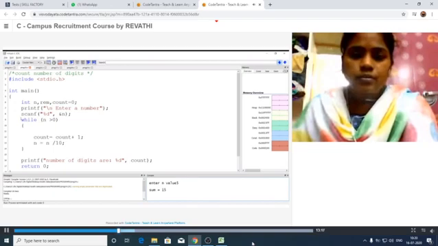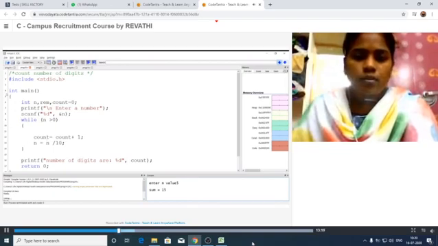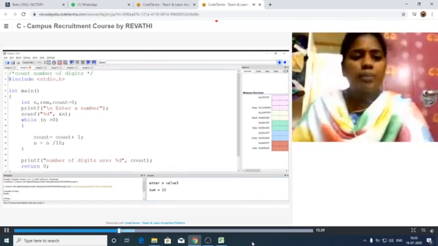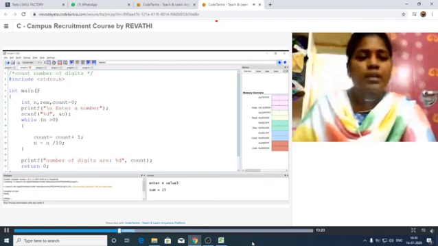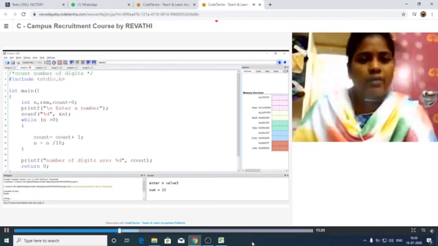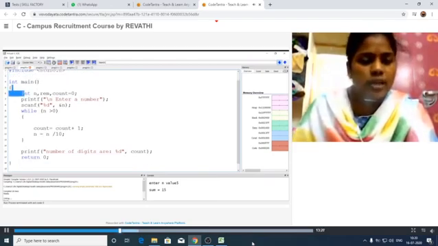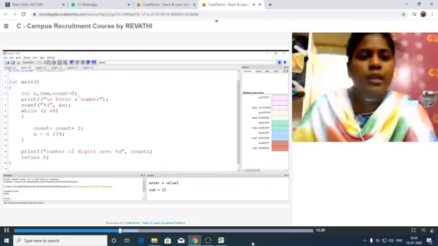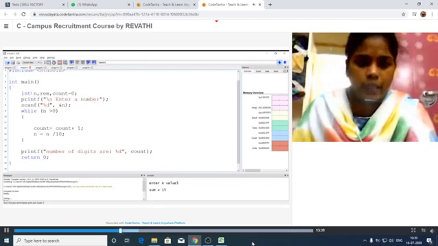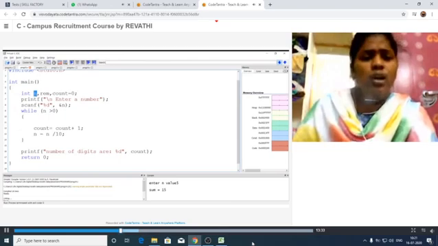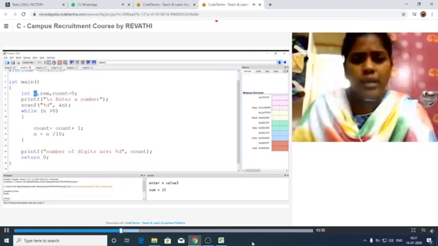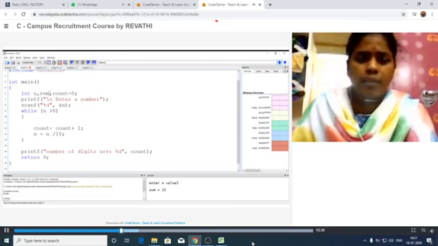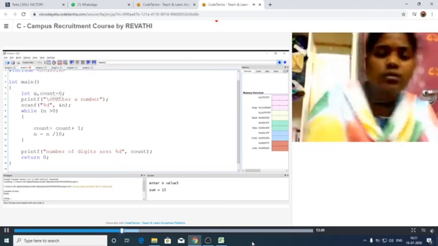So here, as in the previous program, we write down the header file. Then our C program execution can start with the main function. Then the local declaration part. Here also we have to provide the input value as n. N is the input value.